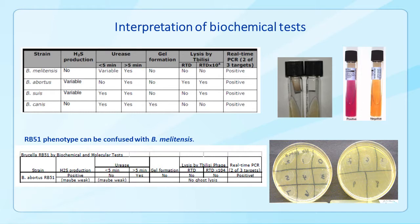So this is a little blurry, but this is basically how you key out the species with the tests that we do, which are the hydrogen sulfide, the urease, the gel formation, and the phage. And then there's the LRN PCR. And if you look at this table and knowing that an individual may be infected with RB51, RB51 doesn't fit in any of these. You can't key it out, and it really can be confused with melitensis in its